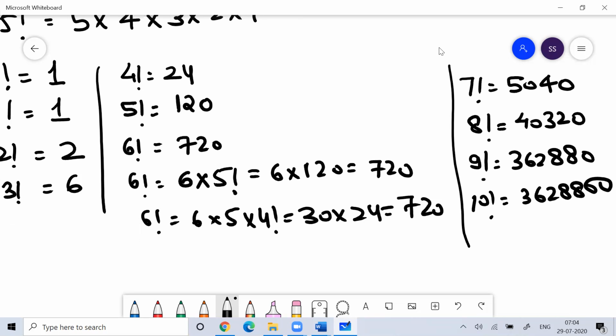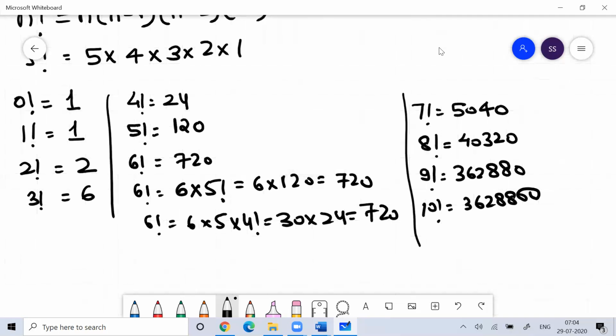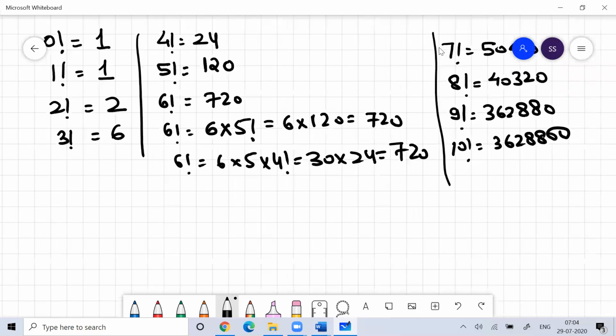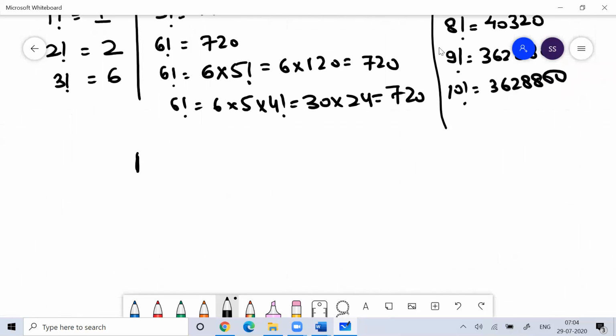This is very important. In the exam and while working on mathematics, every time you can't go and look up these values. So you should know them. The moment you see it, you should get that in your brain. That is something we need to work on. So, just a quick revision.